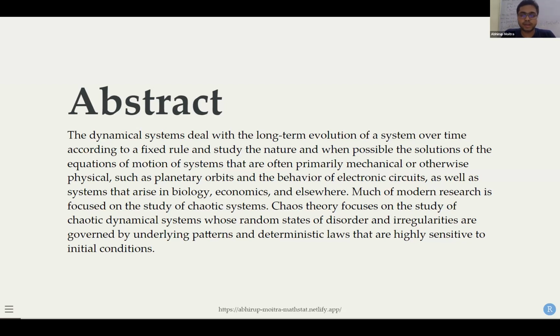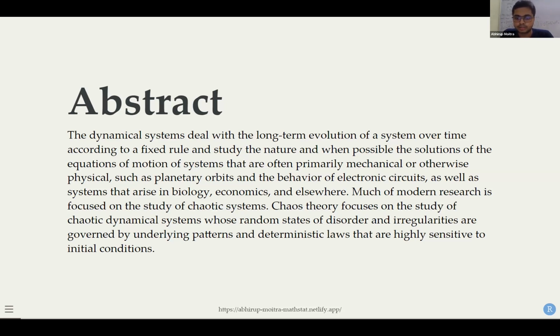In mathematics, a dynamical system has a function that describes the time dependence of a point in a geometrical space. Examples are the mathematical models that describe the swinging of a clock pendulum, the number of fish each springtime in a lake, and the flow of water in a pipe. At any given time, a dynamical system has a state given by a tuple of real numbers. You can take it as a vector,